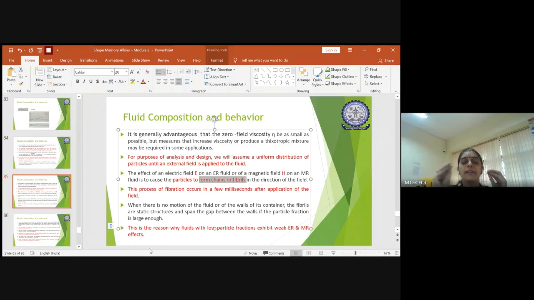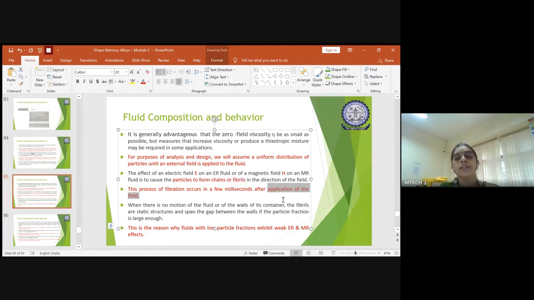And I told you that the response to this ER fluid or MR fluid will be in milliseconds, right? So the process of the entire vibration also occurs in very few milliseconds. Once you subject the electrical field or a pressure, automatically it forms a chain or a fibril within a matter of milliseconds, not even a second. In a matter of milliseconds, it can shoot up a chain or a fibril. Okay, so this will be possible only after application of the external field.